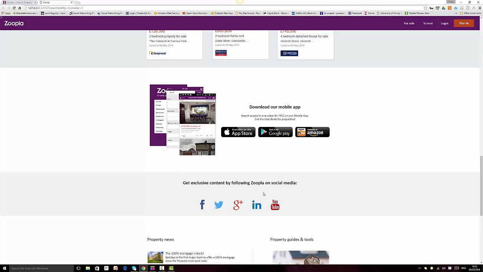And I'm sure Zoopla have got an iPhone app and also an Android app, and also if you have an Amazon app, then you can also have that link there, so that you actually show your user that they can download this app and they can interact with your product offline. And just below it, I've added the social media